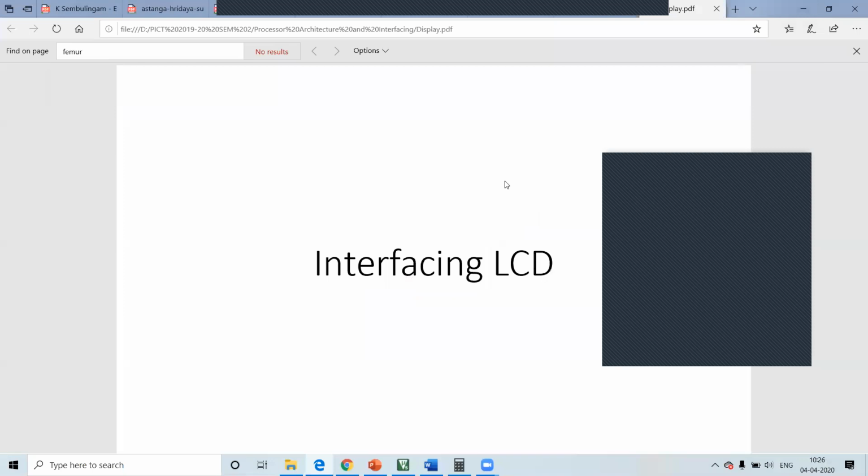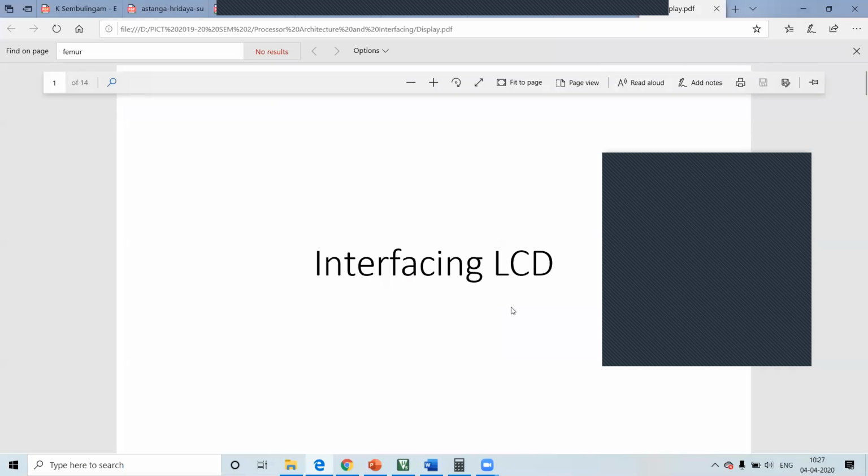Okay, I hope everybody has seen this PPT sent by me for displaying characters on LCD. LCD is a device. The one which we use to connect to the microcontroller is a small display which is used to display characters in 2 rows and 16 columns.